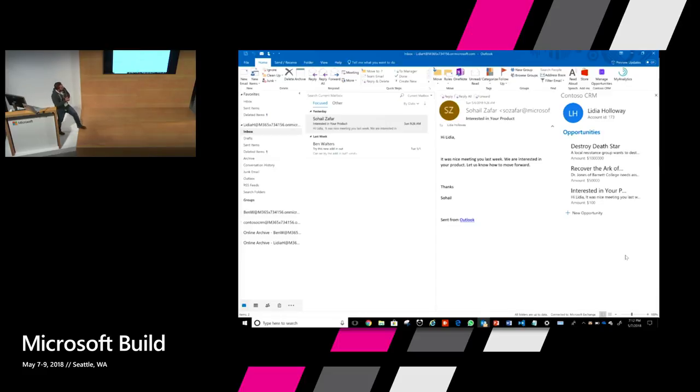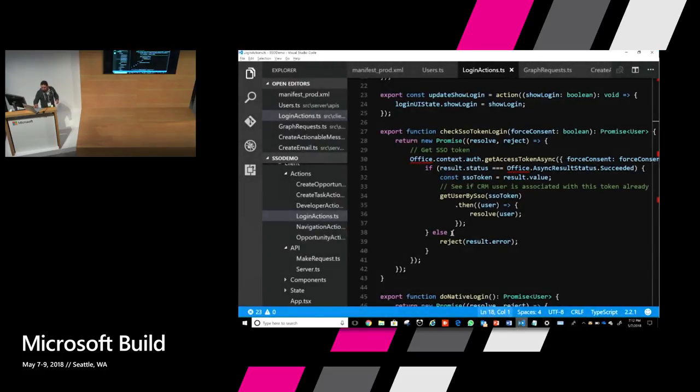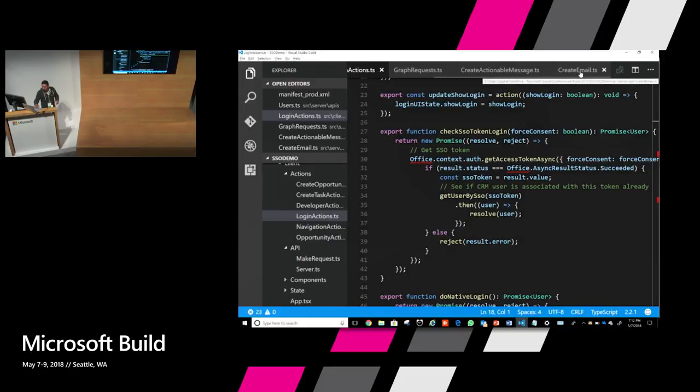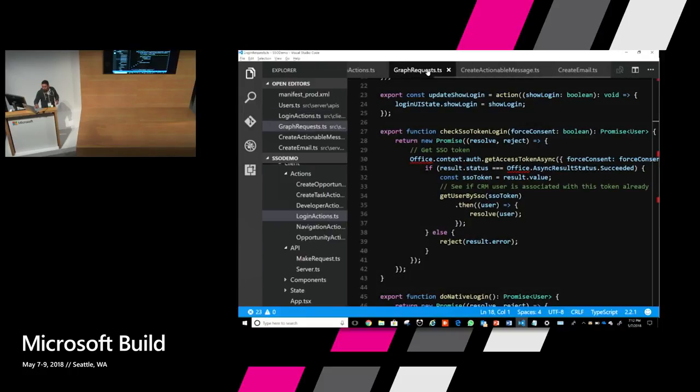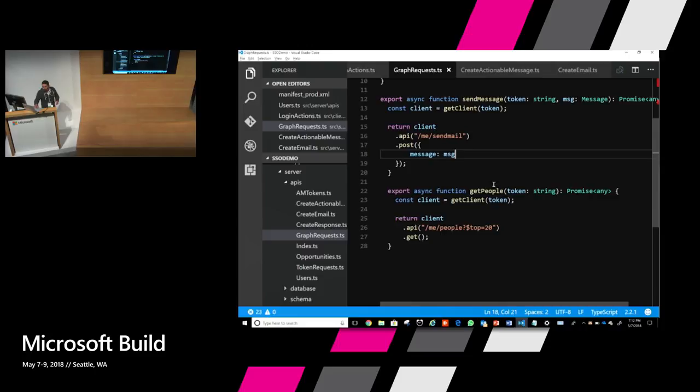Now, as she has created this opportunity, a notification was generated and sent to Ben. And this, again, is done through the Graph API. Since they already have the Graph access token, it just used the Graph API to send the message.